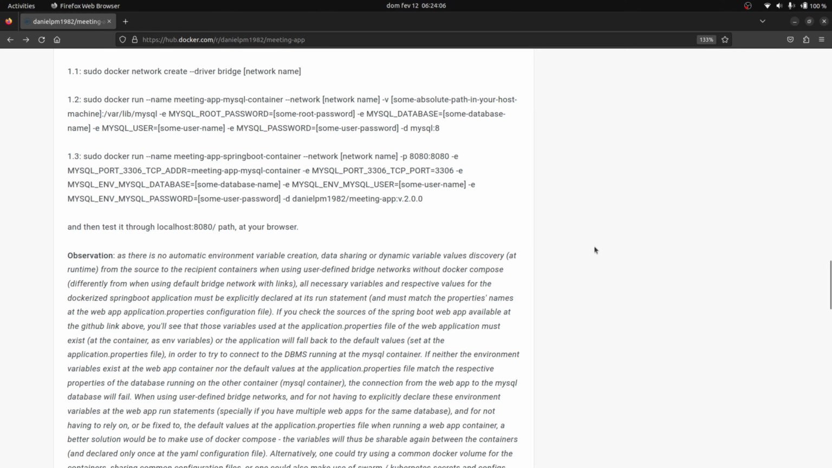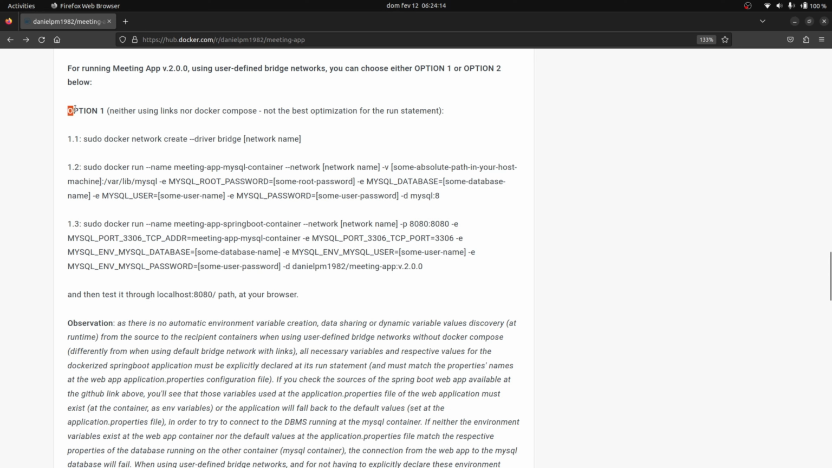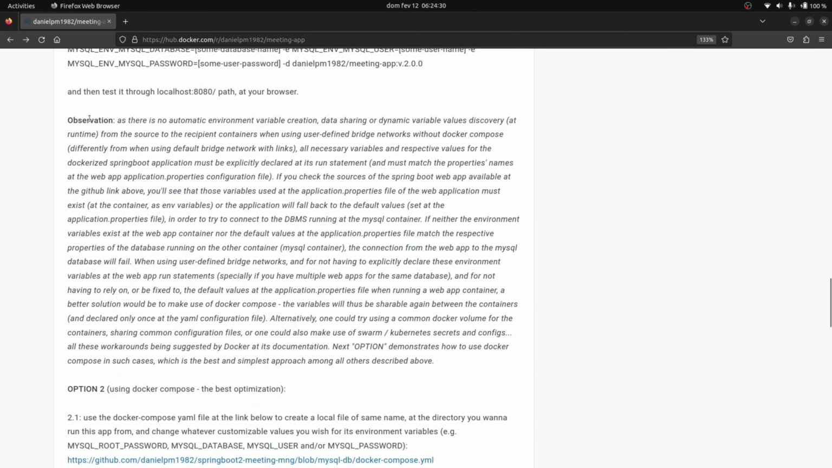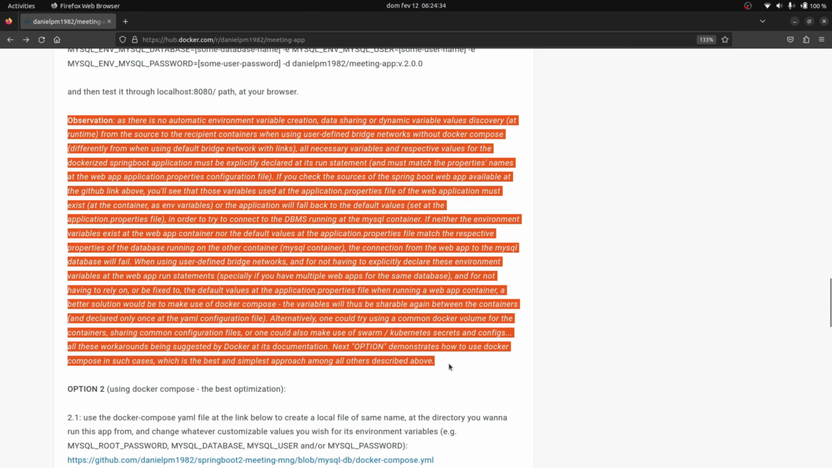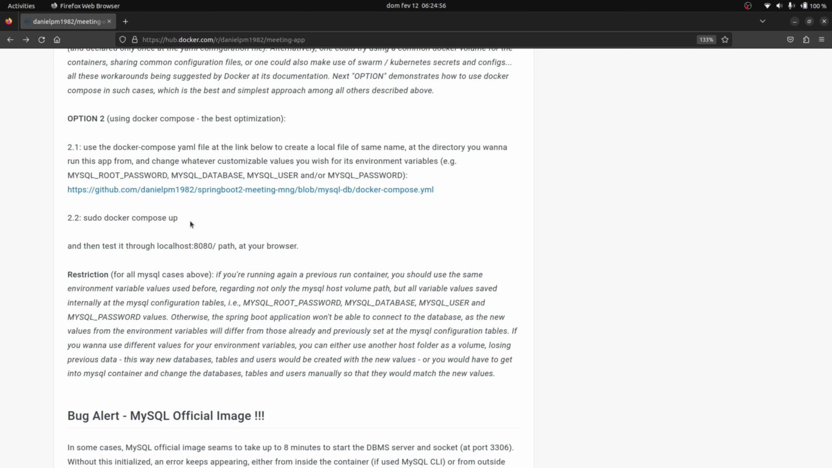So basically these are the differences when using this first option here of run statements for adapting the running of this image to user-defined bridge networks. And here I give some details about everything we just discussed regarding that. And finally here, as a last option, I suggest the best way I have found so far to run this version 2 image of the meeting app application, which is by simply using a YAML file for Docker Compose,